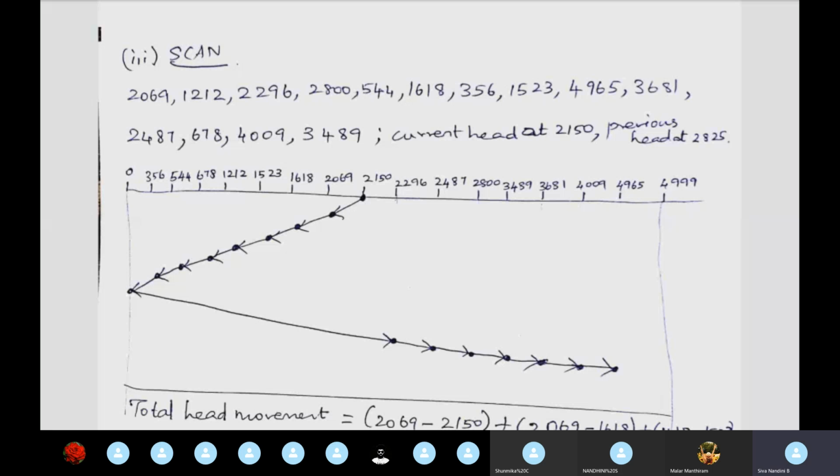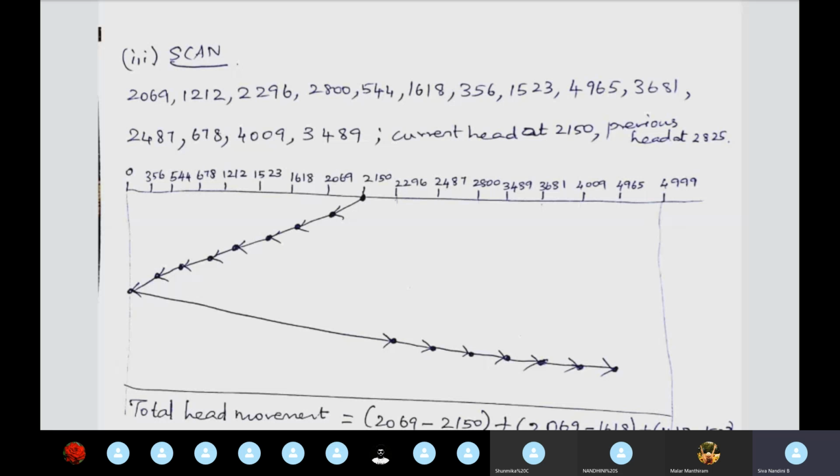And in this scan algorithm it will go to 0 also. 0 request இருந்தாலும் இல்லனாலும் எங்க போகும்? 0 க்கு போகும். Okay, the scan algorithm after going to the 0 it will be going in the reverse direction, that is towards the last cylinder 4999. So while going towards the last cylinder 4999 what is the request in between? It will be accessed. Okay, this is in case of scan algorithm. In the scan algorithm you need not go to 4999 because we don't have any request after this 4999 or at the 4999 cylinder. So you need not go to this 4999.